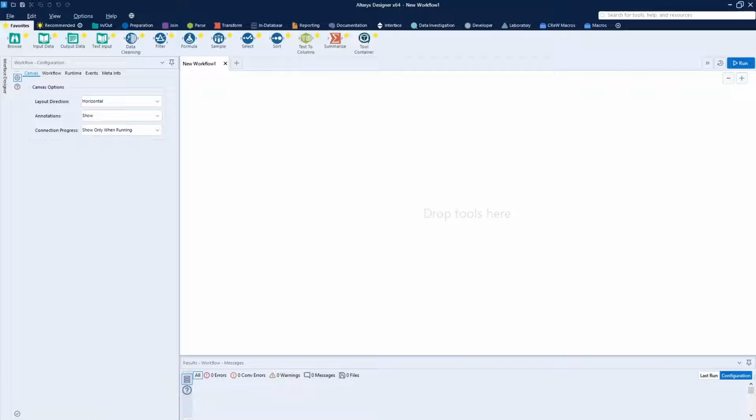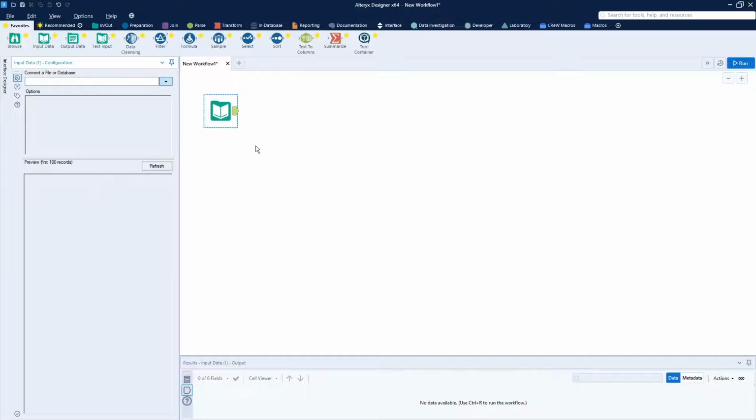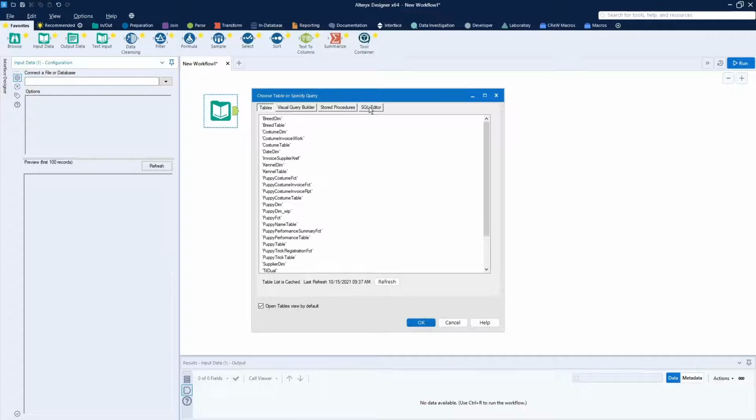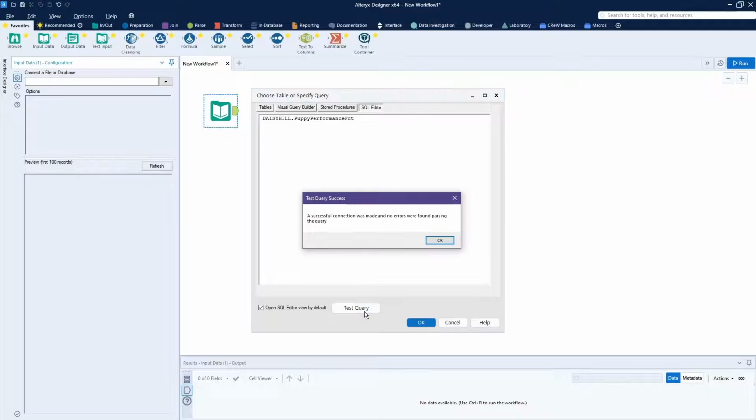So let's look at building the 4 categories of set query structures within Alteryx using the typical Alteryx widgets. So we'll start out by bringing in our data, going to my SQL database. We want to go ahead and look at my Daisy Hill puppy performance fact table, test the query,